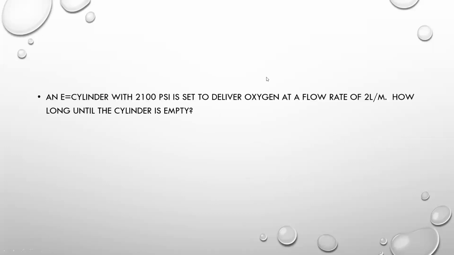Next one, we're going to look at an E cylinder. It'll be the same formula, but instead of using 3.14, because we've got an E cylinder, we're now going to plug in 0.28. So if it's a cylinder at 2100 PSI, we're going to multiply that by 0.28. We'll set that all over our flow rate of 2 liters per minute. So 2100 times 0.28 equals 7500. We'll divide that by 2, and that's going to give me